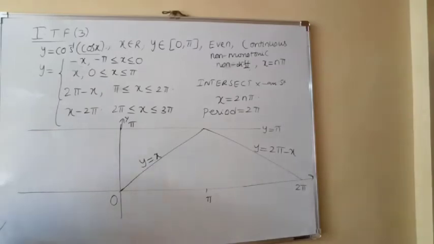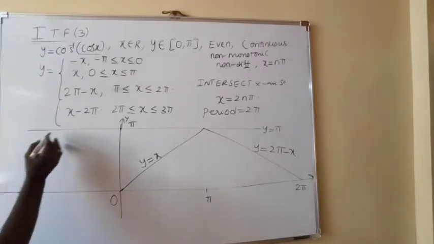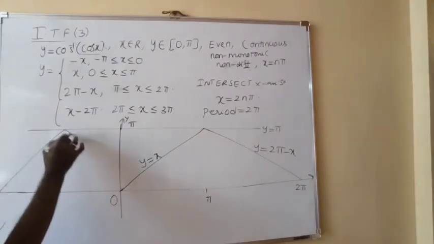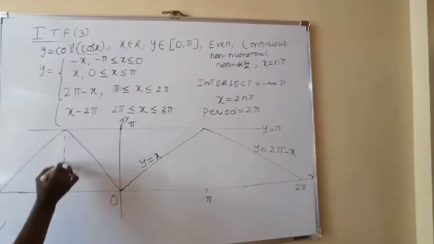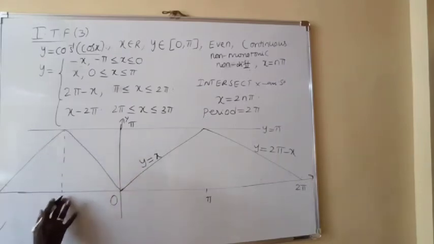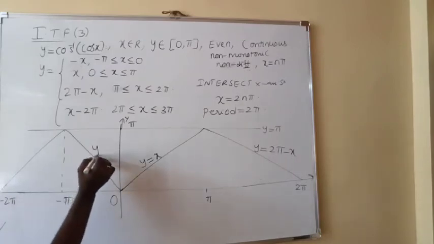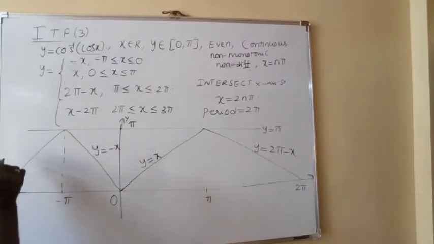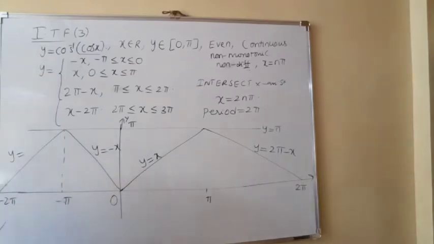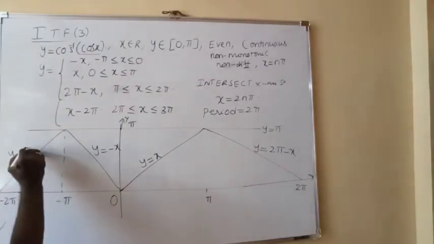Next, it is an even function. Okay, so here it is symmetric about the y-axis, graph is symmetric about the y-axis. Between minus 2 pi to 0, graph will be like this. So this is the line y is equal to minus x, and obviously this line, what you will get, passing through which point? Minus 2 pi, so x plus 2 pi.